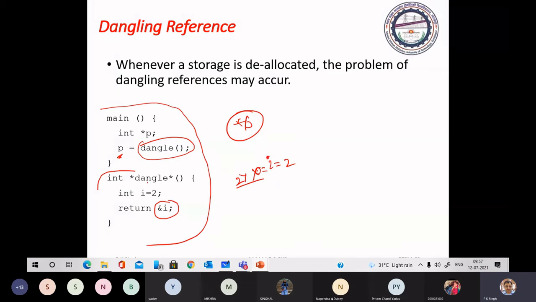This XYZ will be assigned to P, but do you have the value 2 at XYZ?